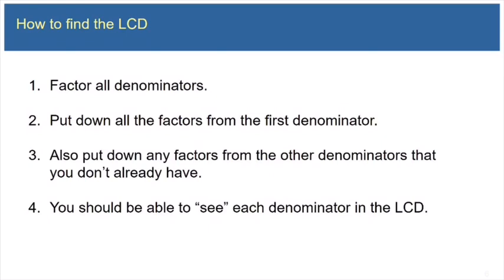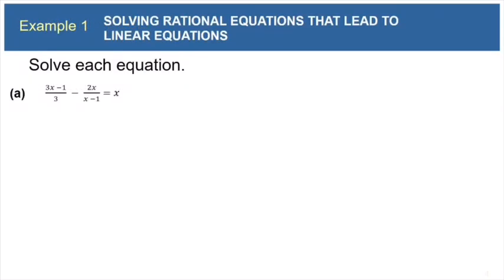And when you look at the LCD, you should be able to see all the factors necessary to build each individual denominator, though not all at the same time. But I'll show you what I mean by that as we go along. So here is our first example. We have (3x minus 1) over 3 minus 2x over (x minus 1) equals x, and we want to solve this equation. So notice that neither one of these denominators needs to be factored,